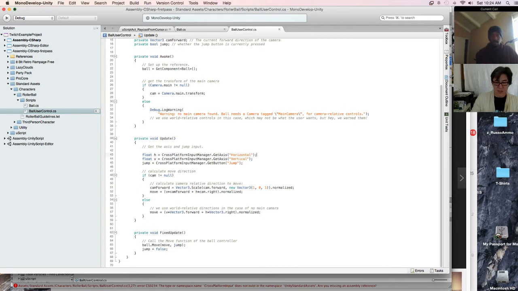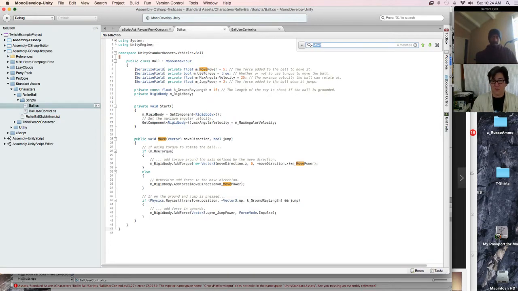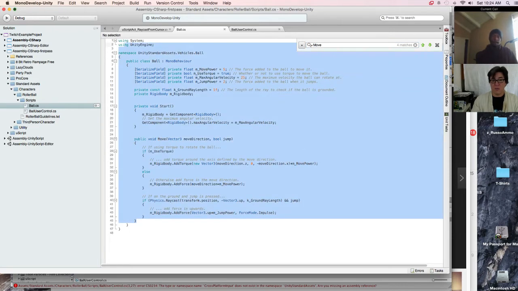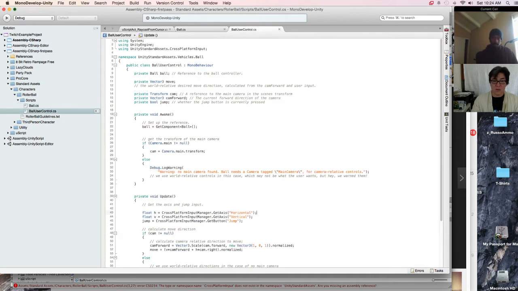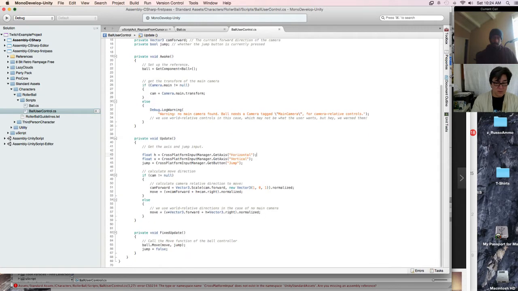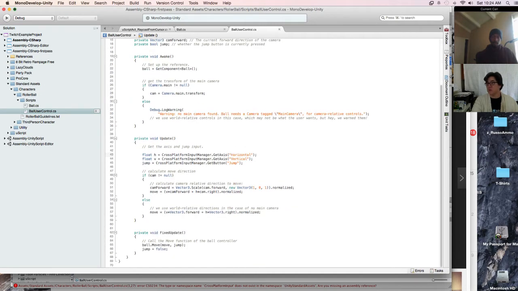So let's go over these scripts so that when I go back to the level, I know what they do, so that I can assign them to the right thing. So the ball script is going to go on whatever our main mover is, right? Does that make sense? Yeah. And then the user control is probably going to go there too, but this is where we define how we're going to control the ball, right? You could have written this as one script, but this is nice because now I could put the user controls on a dummy object and keep it organized, and then this ball will get this.